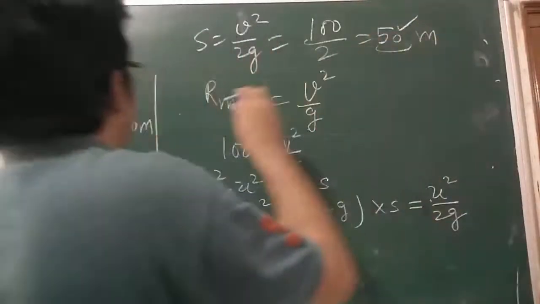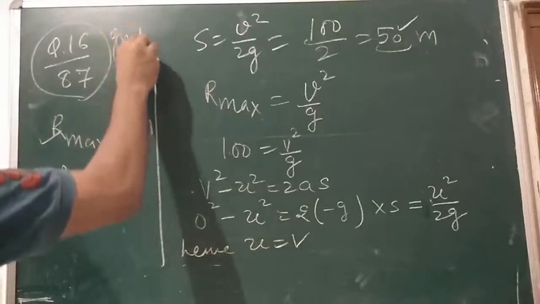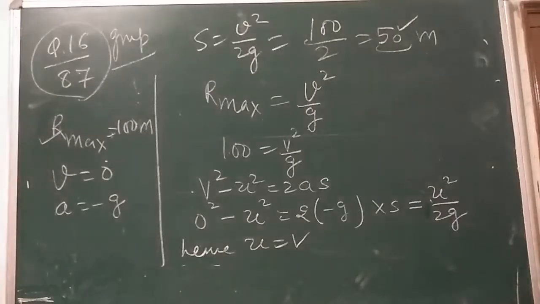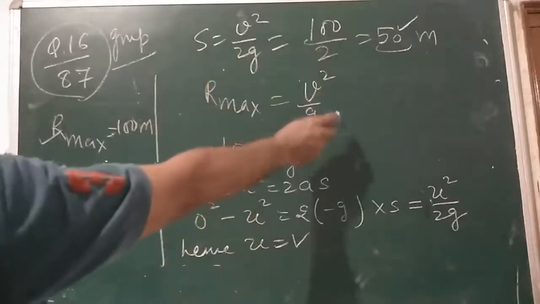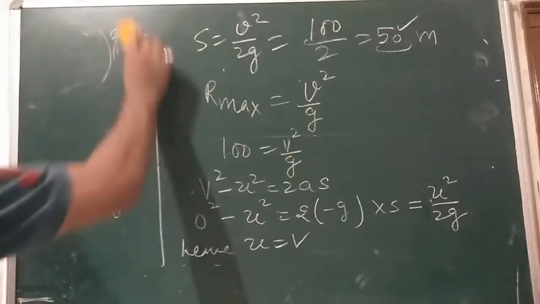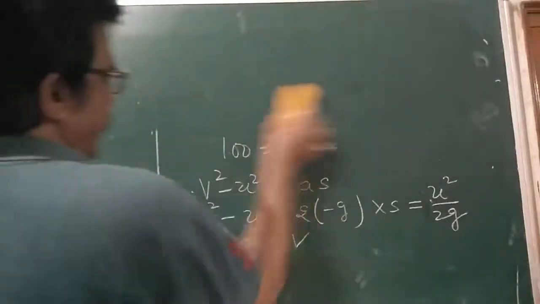It's a very important question for your annual exam. Remember it for your CBSE exam. Is it clear? So I can say, dear children, S is equal to V square by 2G, and then put the value here and get the answer. Now, see the next question. All are very important. As you know that your teacher is also doing, so you do with your teacher and practice again and again.